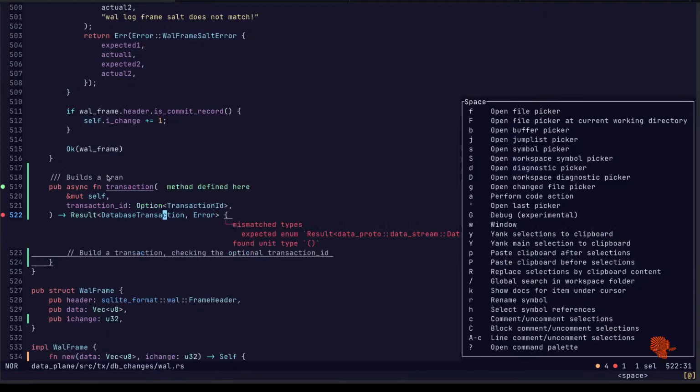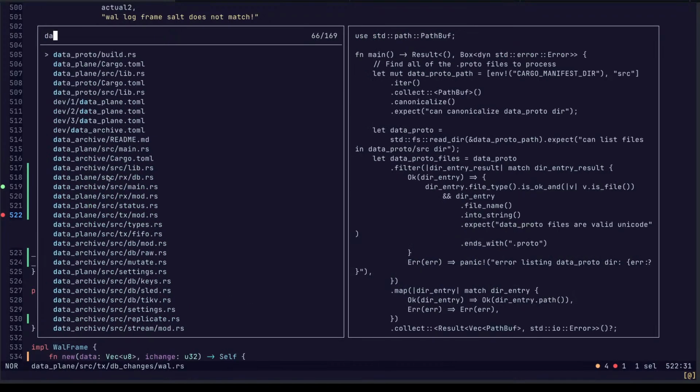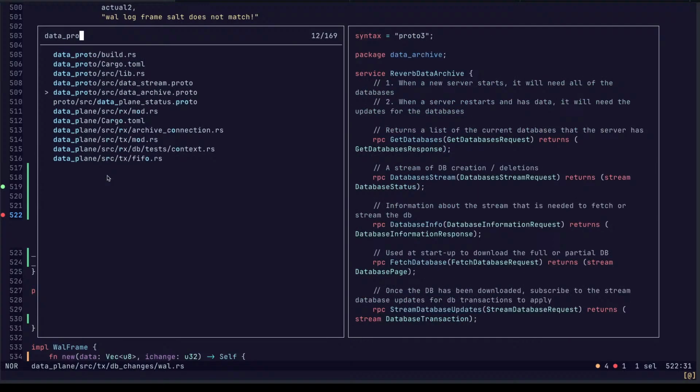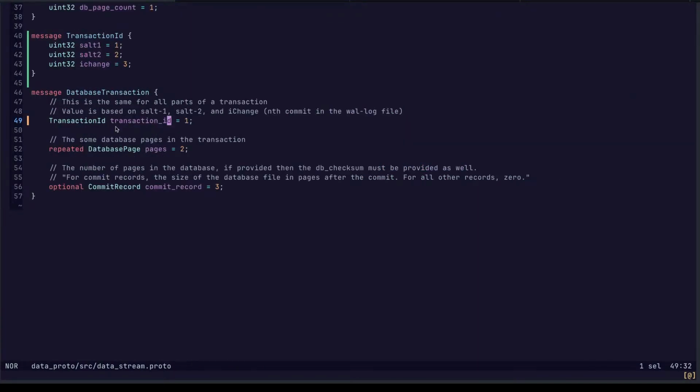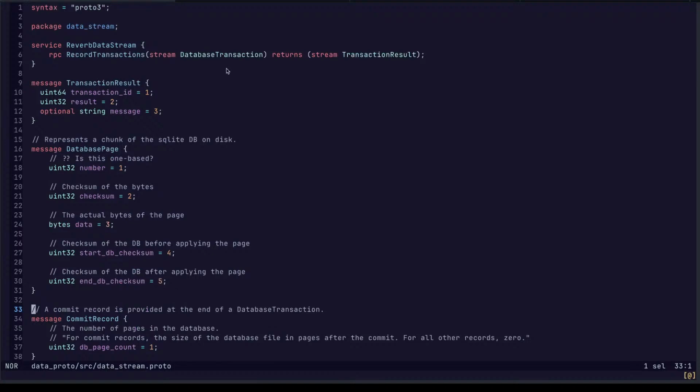What would be a good name for that? Let's just rename it from database transaction to transaction chunk.